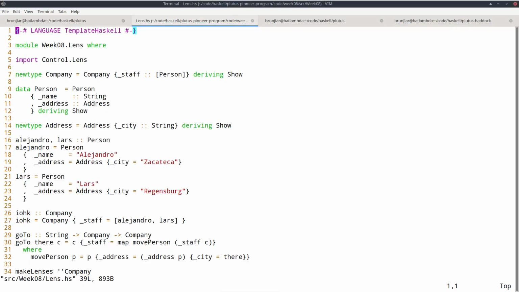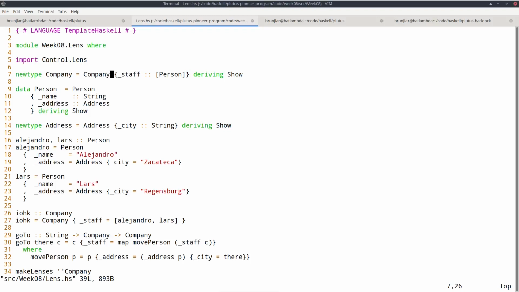Let's look at a very simple example that I provide in module Lens that shows the problem and how optics address that problem. So let's look at a company data type. It's just a newtype wrapper around a list of persons with an accessor called staff. And I provide an underscore in front of staff that has no semantic meaning. So it's just another letter in this case. But when dealing with lenses, it's just convention to call fields with a leading underscore.